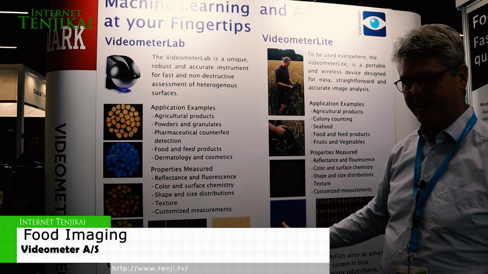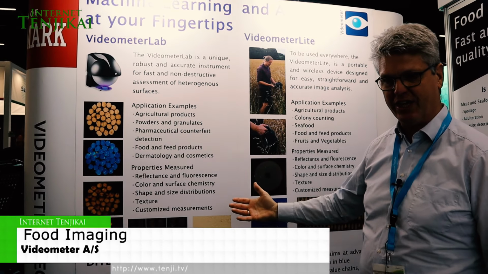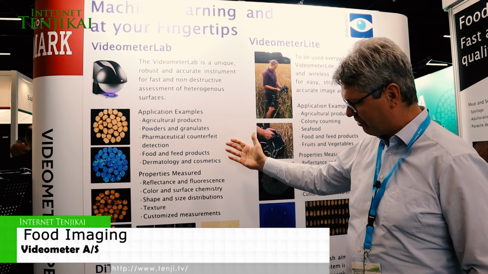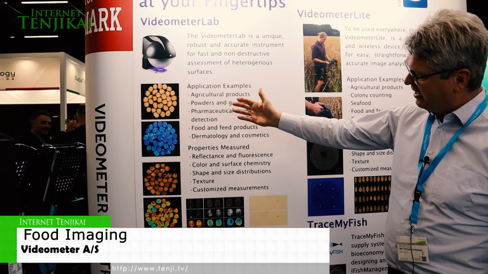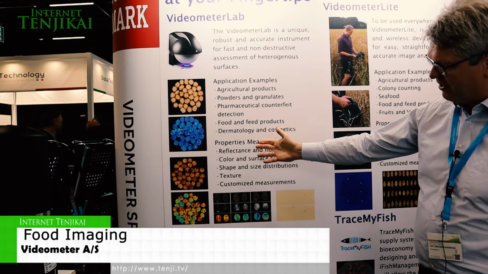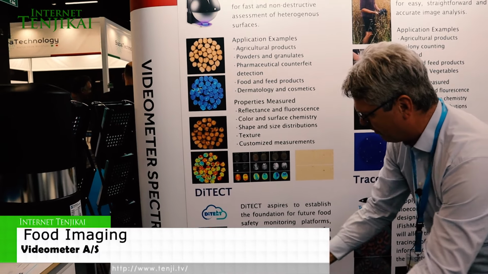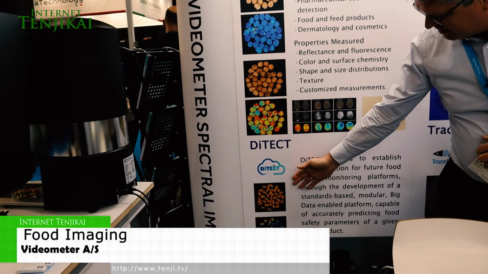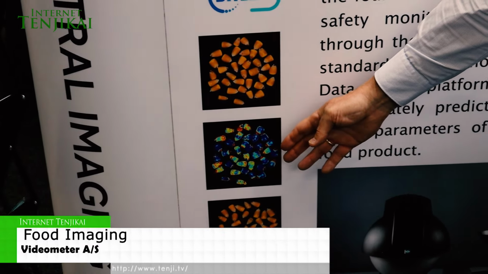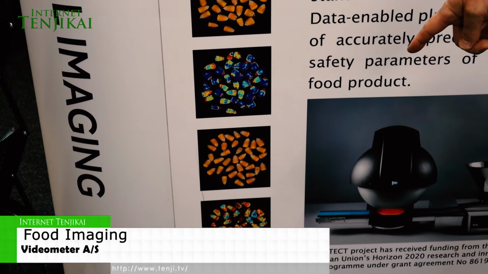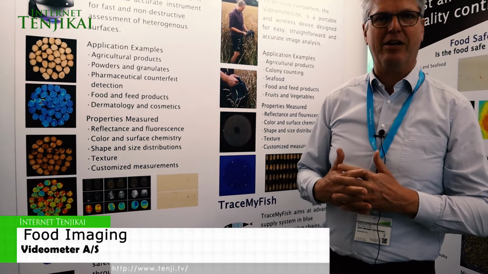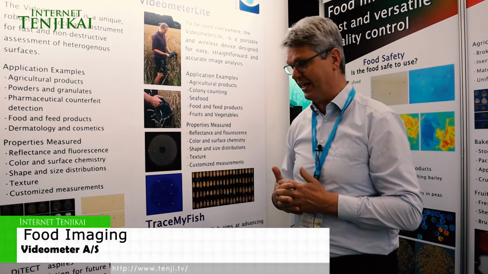So here we have a number of examples for food safety. We make a European network of methodology and IT infrastructure about food safety across the globe, and we have some examples here with nuts and the bad quality, mycotoxins, and below here we have an example with corn. In this case it's a negative sample with no aflatoxin and a positive sample with aflatoxin. And just by looking at the corn we can see the mycotoxin abundance of the grain.